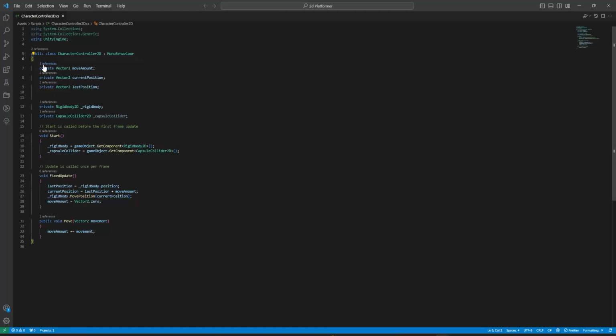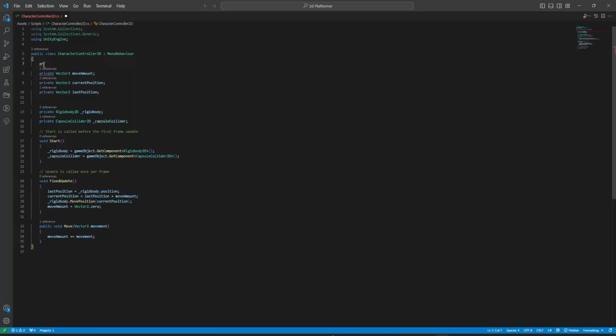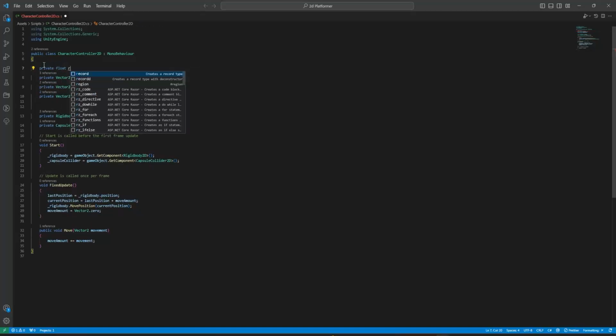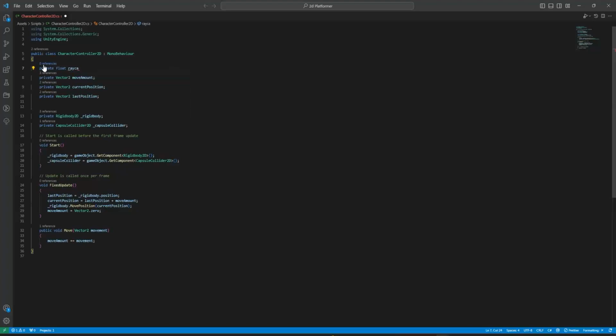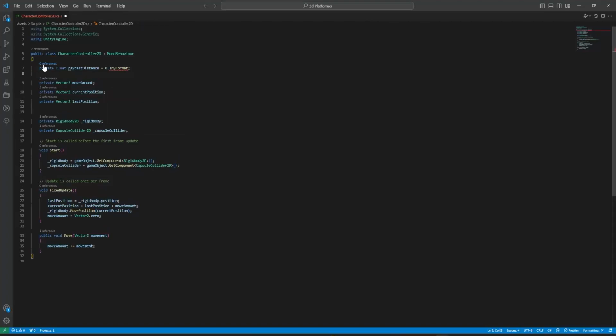So let's create the variables now. First, I will create a private float for raycast distance. I'll say this is equal to 0.2f. Then